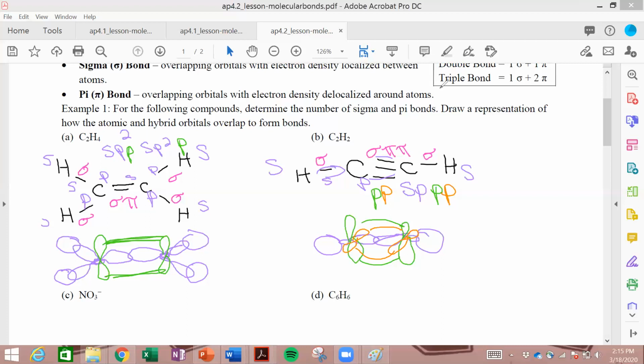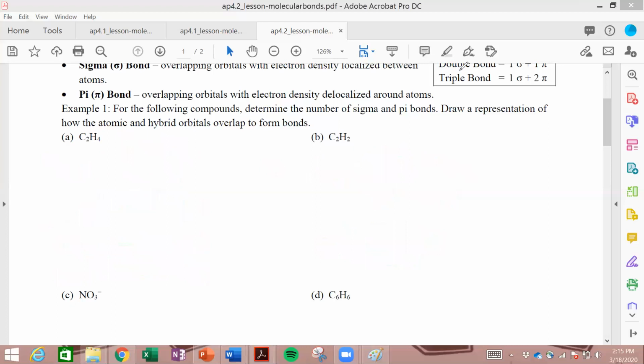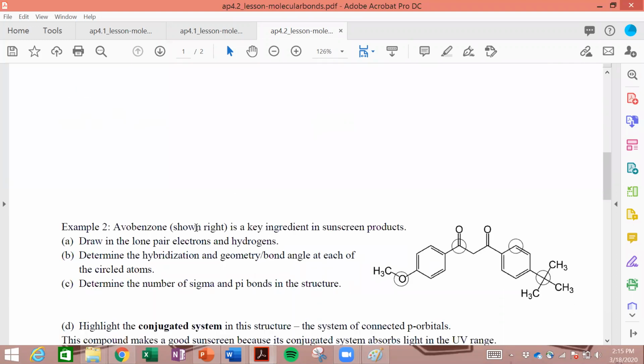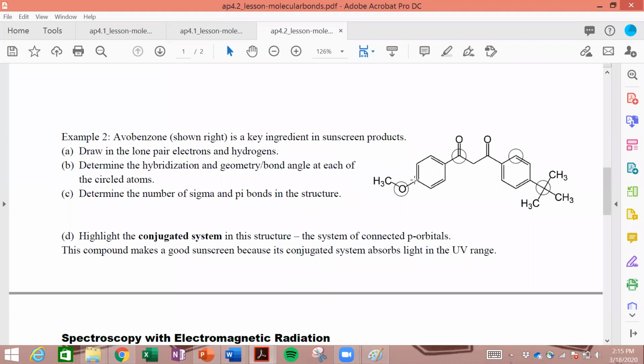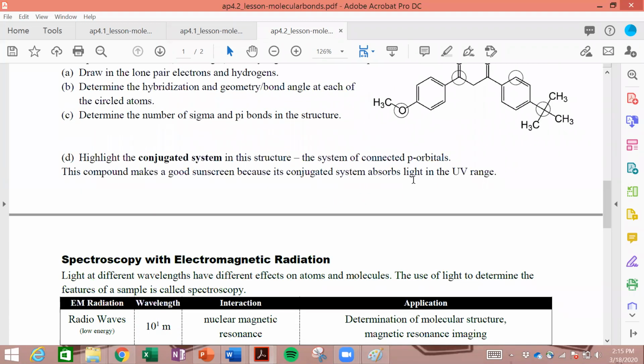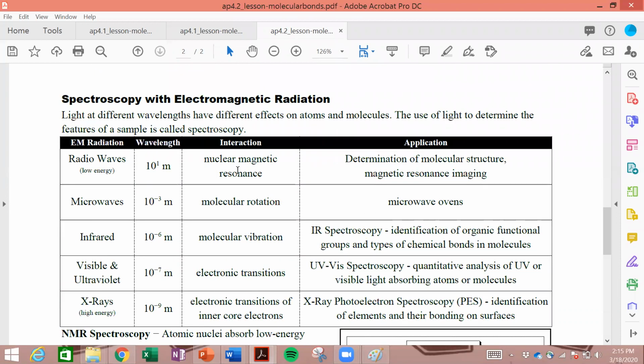I'm going to go ahead and probably stop the video at this point so it's not too long. If you want to go over C and D on the examples, please let me know. Same thing with azobenzene. Try to do it yourself. We'll go over it if you have any questions on it. And then this last part,